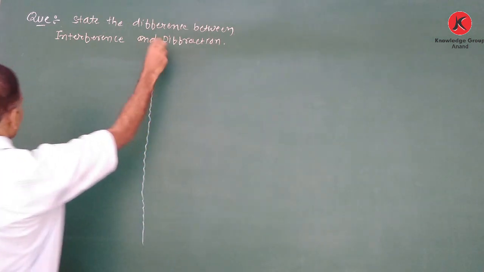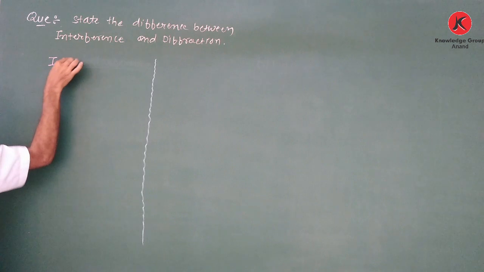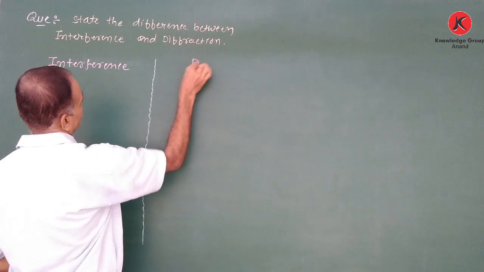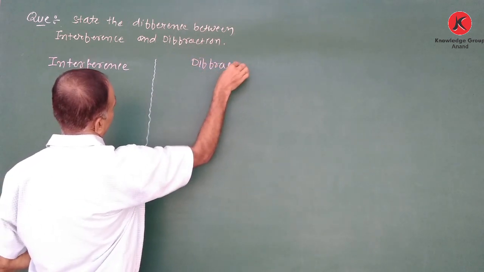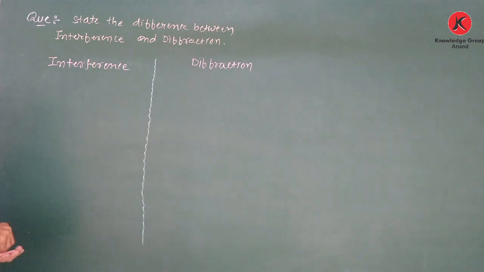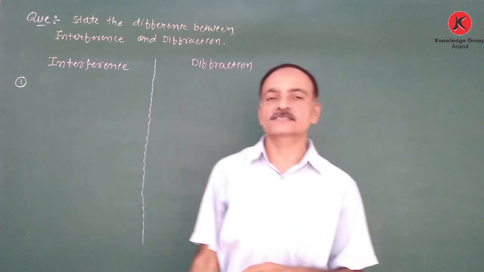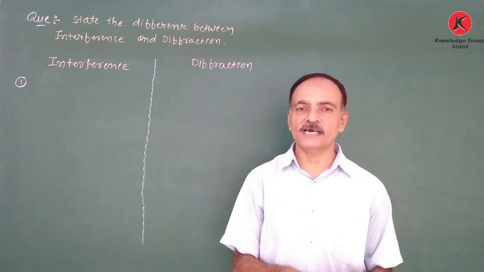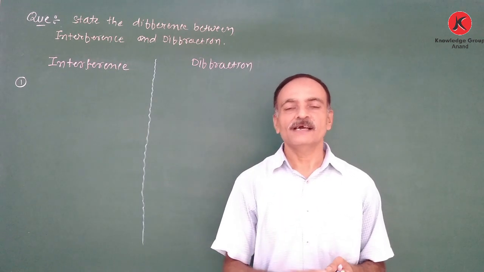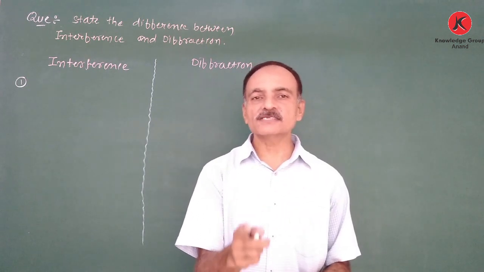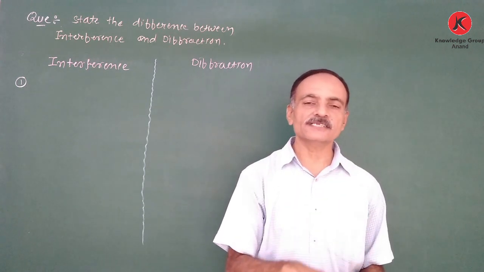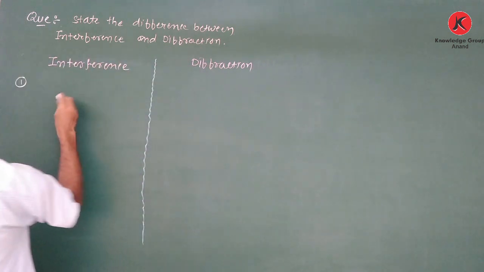For that purpose, we take interference on this side and diffraction on this side. How is interference obtained? Interference is obtained due to the superposition of the waves emanating from different coherent sources. Because for interference, coherent sources are required, and from these coherent sources the waves are produced, and these waves superpose on each other, and interference is formed. Therefore, it is obtained